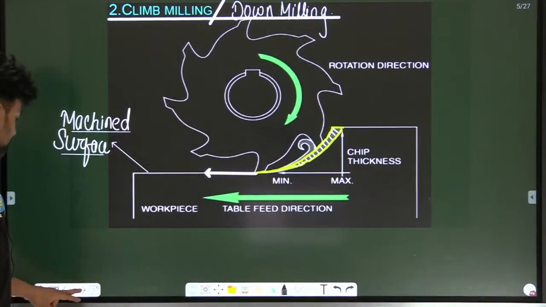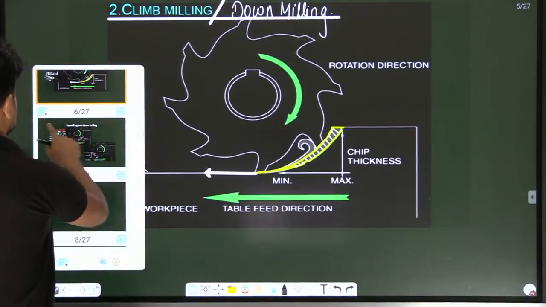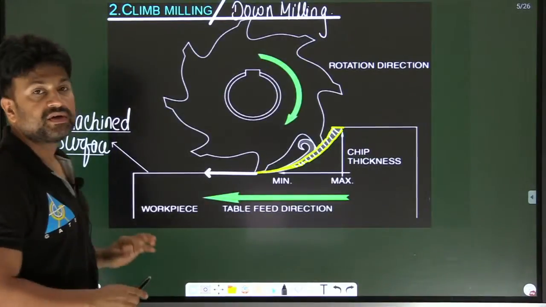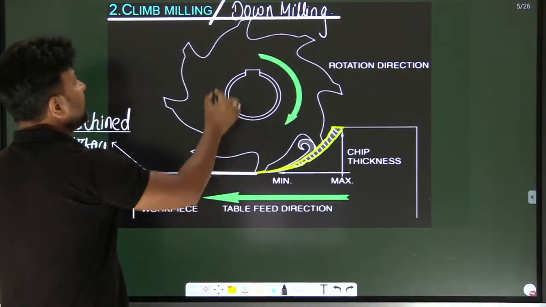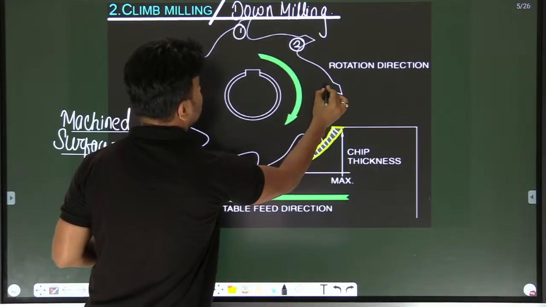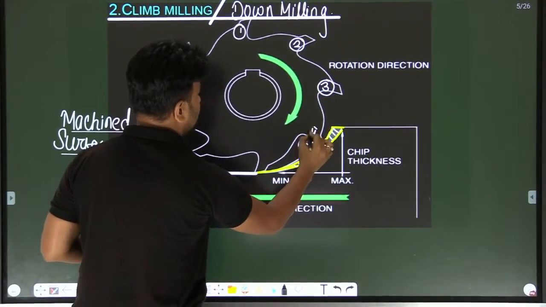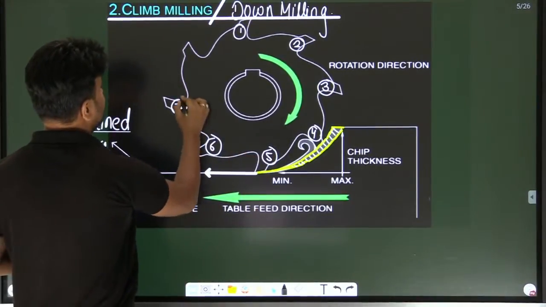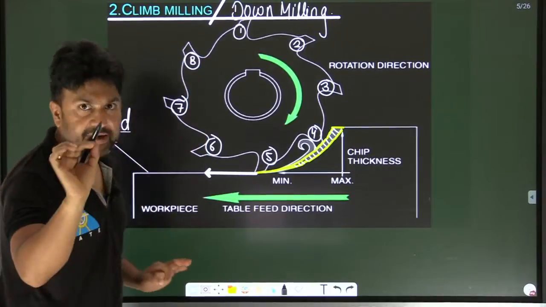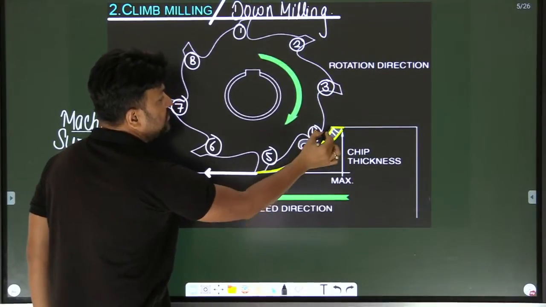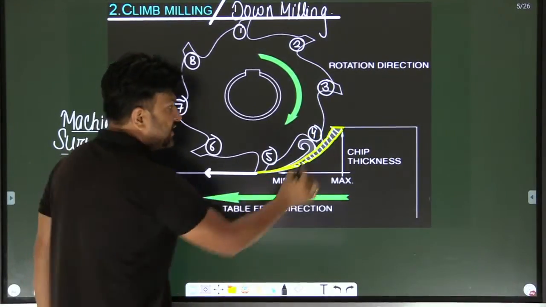Now I will tell you something. You can see there are a number of teeth: tooth number 1, 2, 3, 4, 5, 6, 7 and tooth number 8. Suppose that when tooth number 4 comes in contact with the workpiece, then it will remove